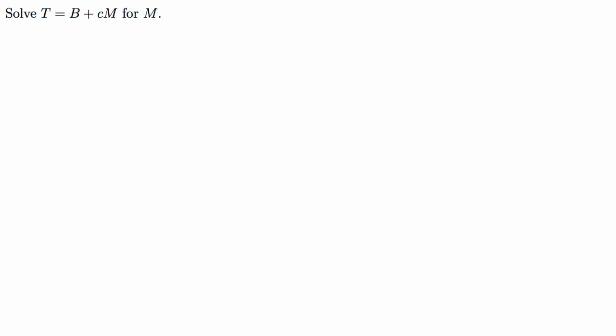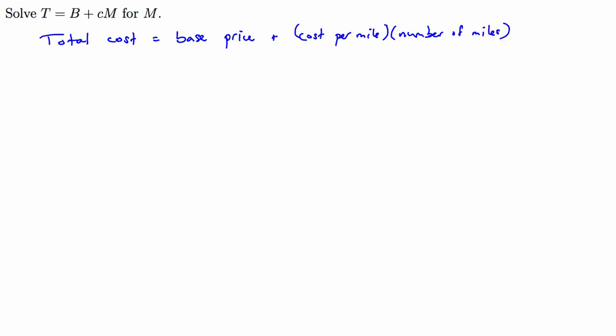Related to solving equations and inequalities is the idea of solving a formula that has many variables for one of the variables in that formula. As an example, when you go to rent a truck from a do-it-yourself moving company, your total cost is the initial cost of the rental plus the cost per mile multiplied by the number of miles that you rent the truck. Sometimes when you want to make use of a formula like this, you don't want so many words, so